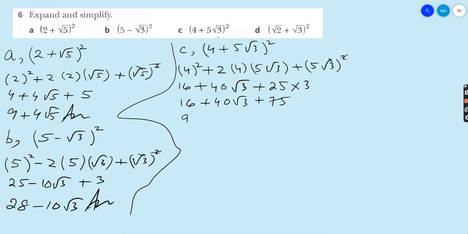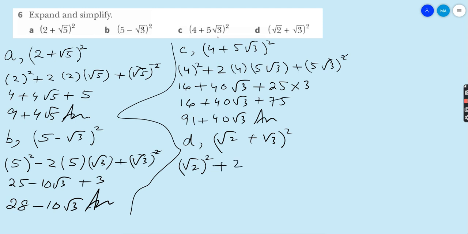So 91 plus 40 root 3 is the answer of part C. Come to last part D: root 2 plus root 3 whole square. Apply the (a plus b) whole square formula: a square plus 2ab